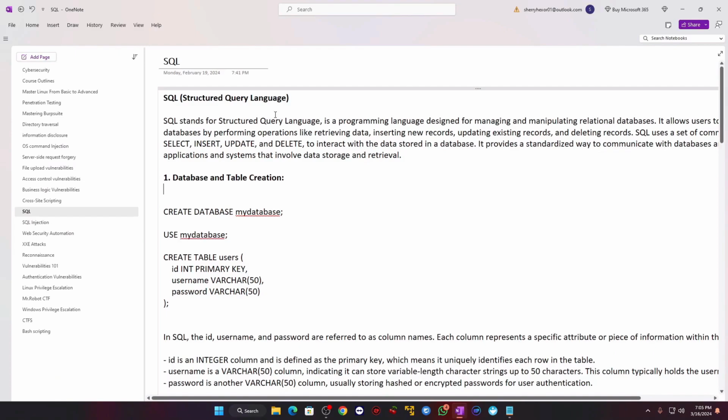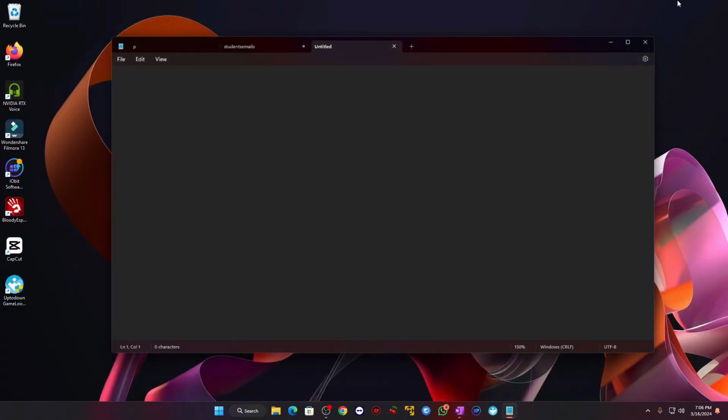So that was just a simple introduction or definition of SQL. You will get all this stuff in your notes, so just don't worry about anything. After that I want to teach you some basic things about databases, how to create tables, and some basic stuff. So the first thing I need to teach you is how you can create a database in SQL